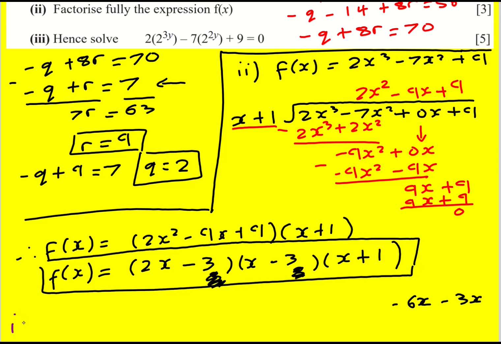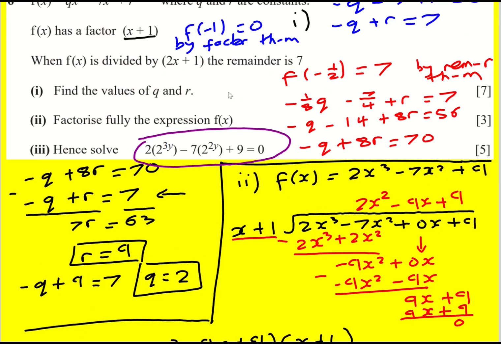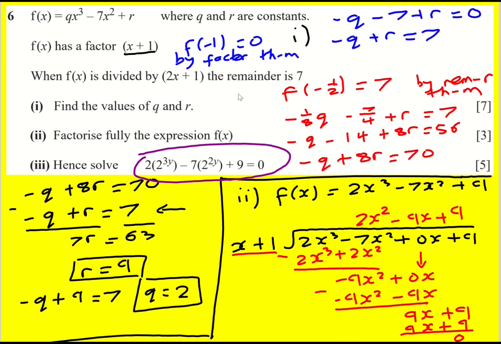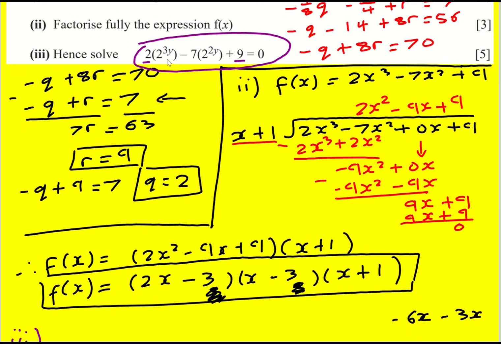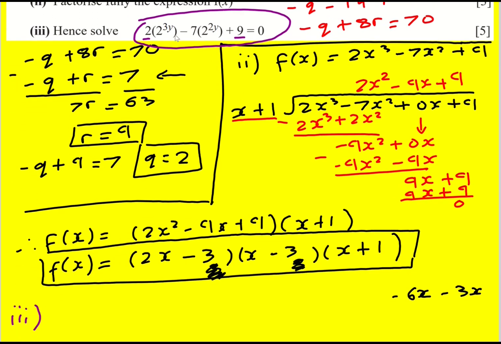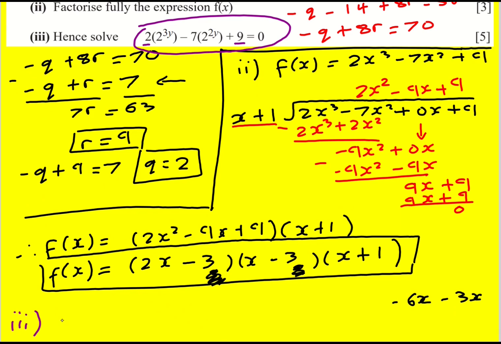And finally, we're asked to hence solve this cubic here. And the word hence means that we use our previous knowledge. Actually, you can even see our values of q coming out is 2 here, and r is 9. So that's real reinforcement that we did the first bit correctly. This is in fact a hidden cubic. Got to realize that. So I'm going to let